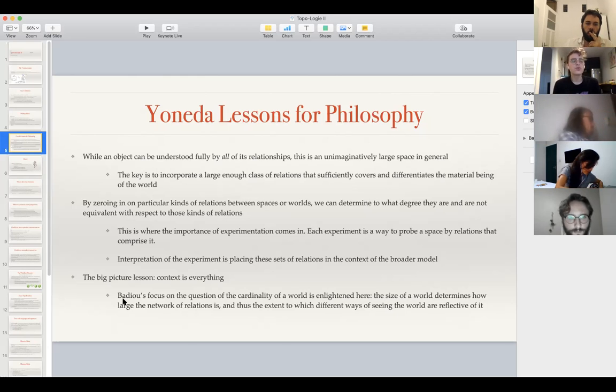But I think this is really crucial here in this context, because the size of a world is not just the amount of stuff that's in it, it's also the amount of relations there are in it. And if a world is larger, if it includes more things, it's going to have more relations. And thus,